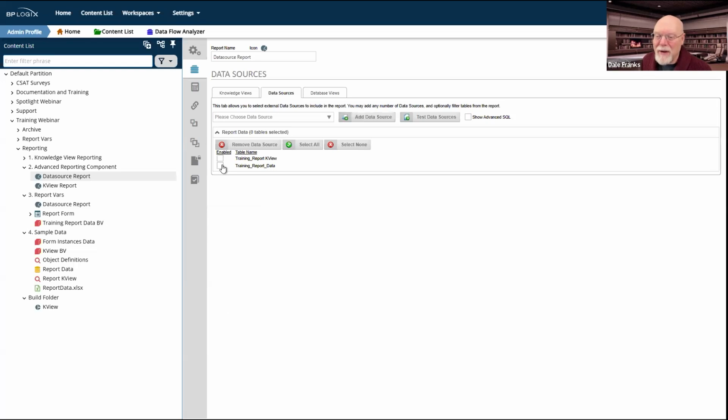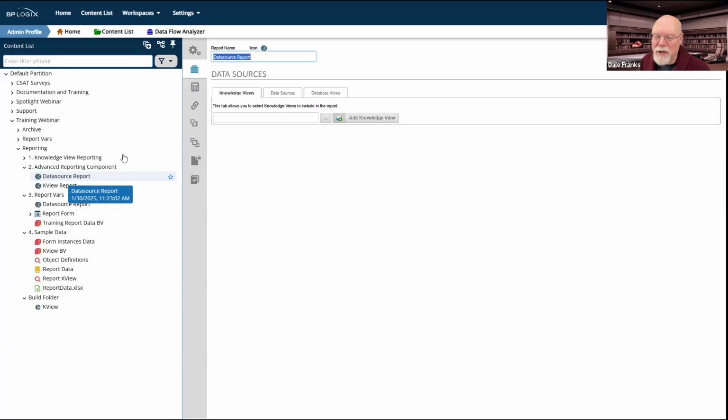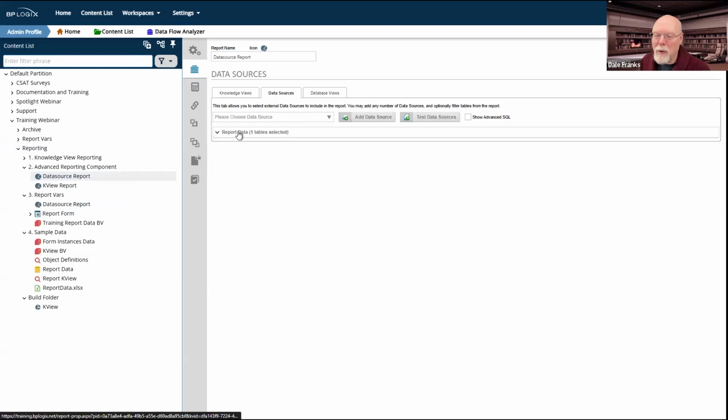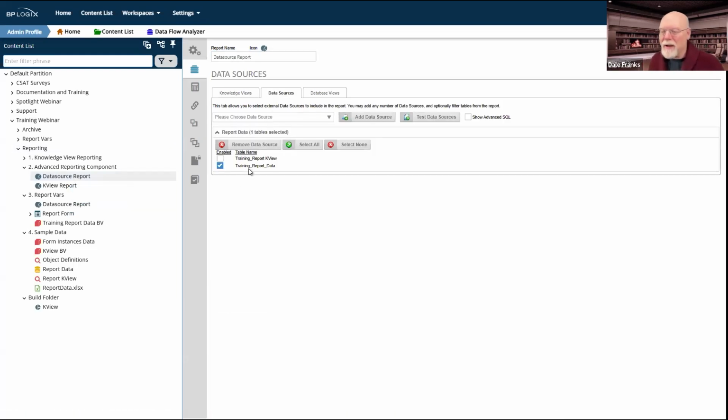And we can add our data source. Actually, you know what? I want to just go ahead and regenerate because I've broken it. I'm pulling it from a data source. It just happens to be a data source that only looks at these two tables. If I picked the internal user database data source, it would show me these as well as 100 others, but I've got a lot of external data sources. So let's just use this one.